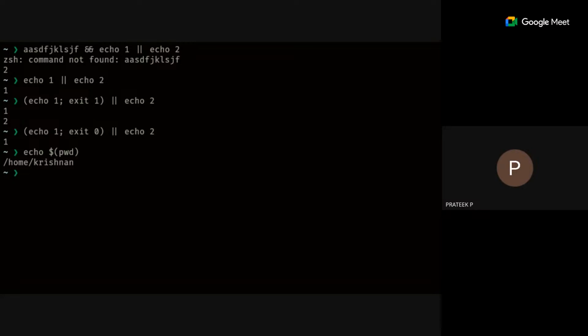And so there, when you said echo 2, 2 gets printed there because the first command failed, exited with not 0. Yes. I forcefully give the exit statement with 1. Correct. So that's why the shell interpreted it as not unsuccessful. So it makes sure it is. Right. Correct. Okay.